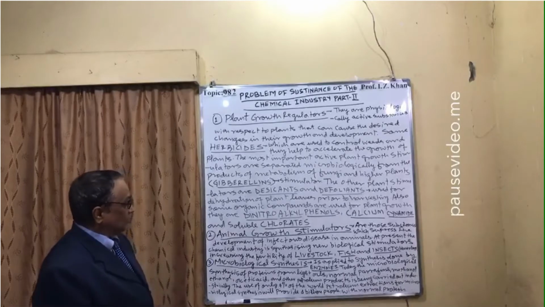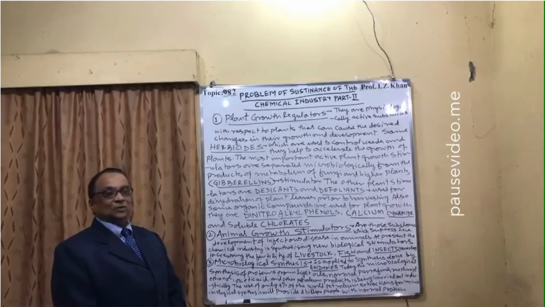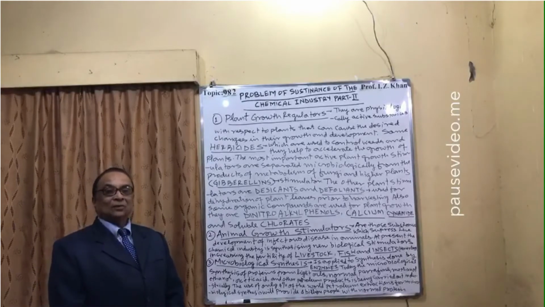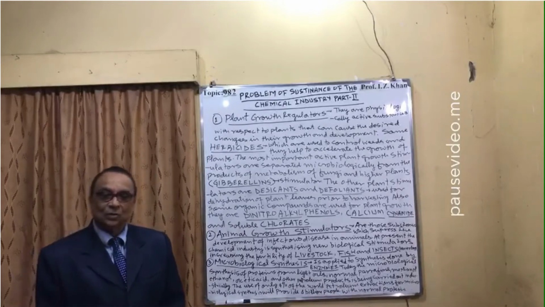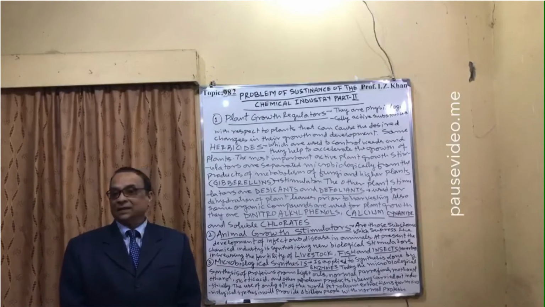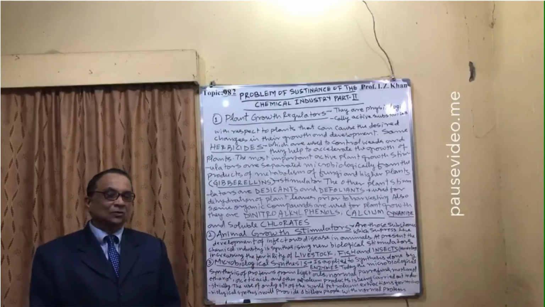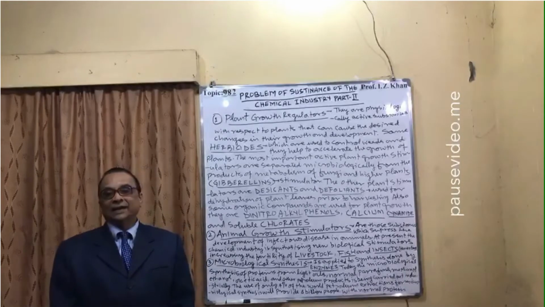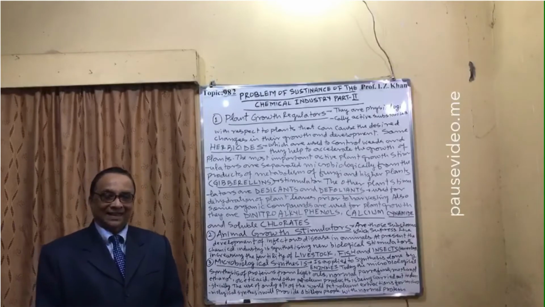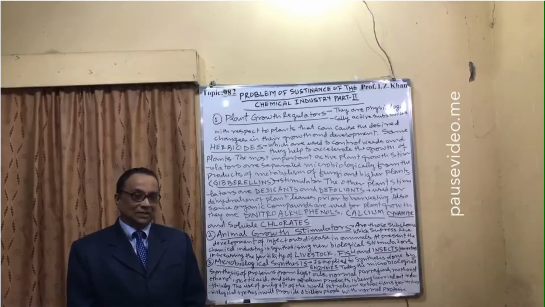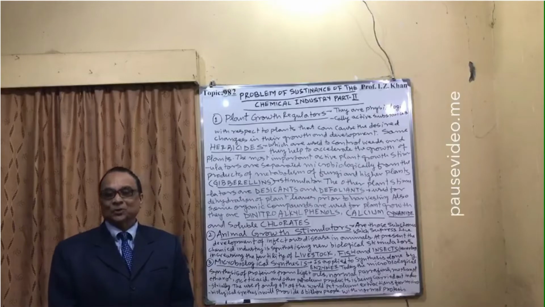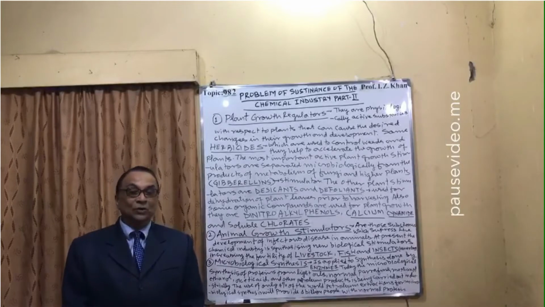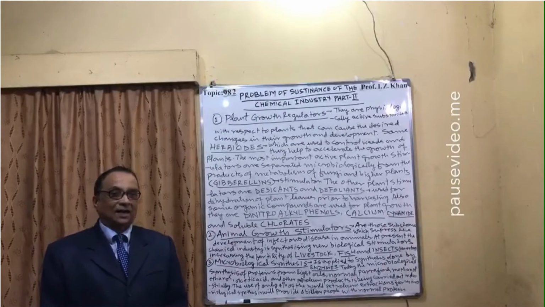Number three, microbiological synthesis. Microbiological synthesis means here we are using living cells, that is known as enzymes. And once we are using enzymes, living cells, that is known as fermentation. Fermentation is the breaking down of complex molecules into simpler ones in the presence of living cells, called enzymes, in the absence of air, and the oxidation will take place, and that oxidation process is called fermentation. This process was given by the very well-known scientist Louis Pasteur in 1826, and from that time